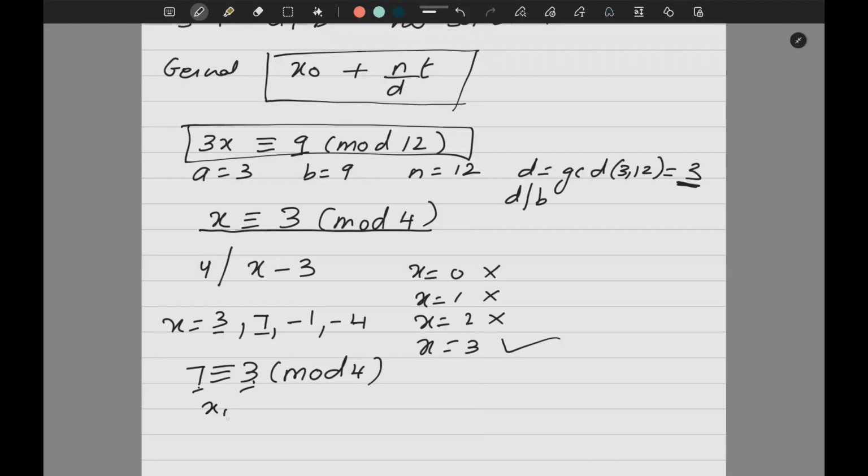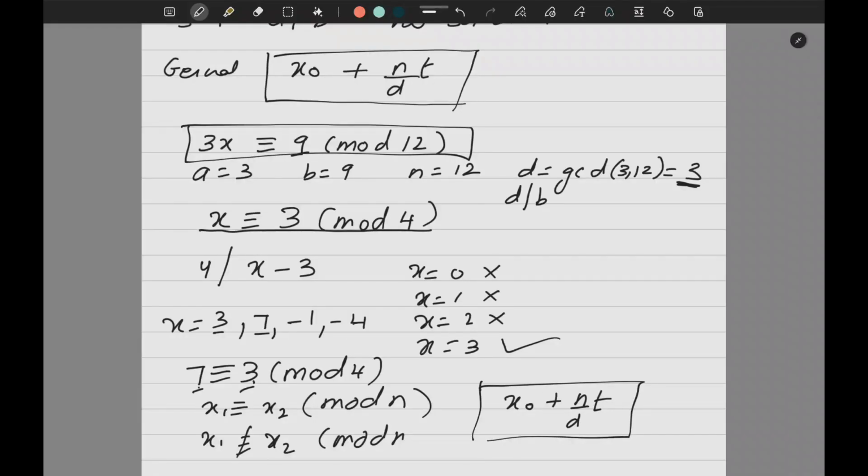Any two solutions x1 and x2 are congruent if I have this thing. I am not interested in this type of solution. I am searching for solutions x1 and x2 where they are not congruent. They are called non-congruent or incongruent solutions, and we will be searching for those. So I will first find one solution and then use the formula for the general solution to get the remaining solutions. This general solution comes from the Diophantine equation which we have already discussed, but you can remember only this formula and you can work.